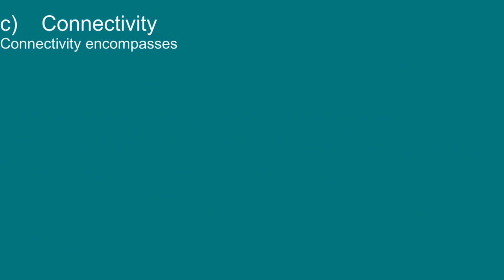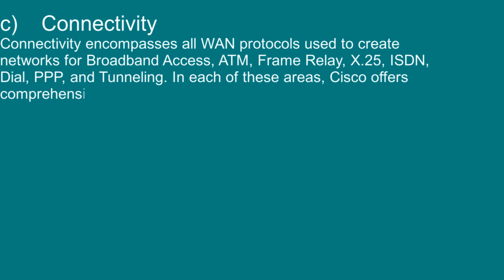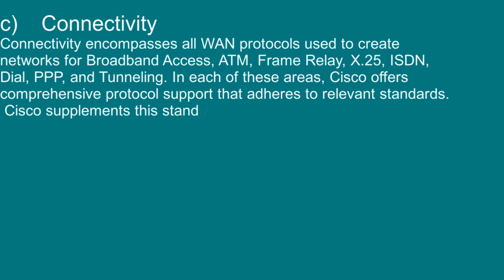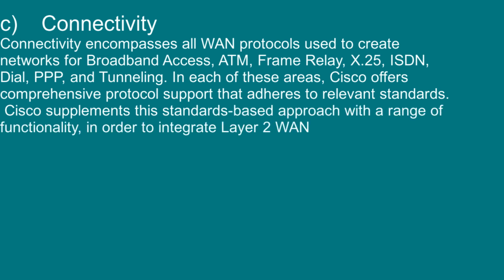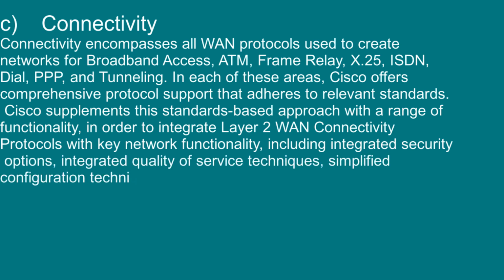Connectivity. Connectivity encompasses all WAN protocols used to create networks for broadband access: ATM, frame relay, X.25, ISDN, dial, PPP, and tunneling. In each of these areas, Cisco offers comprehensive protocol support that adheres to relevant standards. Cisco supplements this standards-based approach with a range of functionality in order to integrate Layer 2 WAN connectivity protocols with key network functionality, including integrated security options, integrated quality of service techniques, simplified configuration techniques, integrated IP support, and hardware